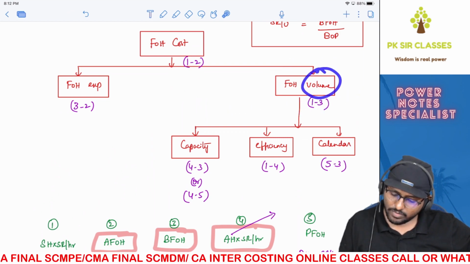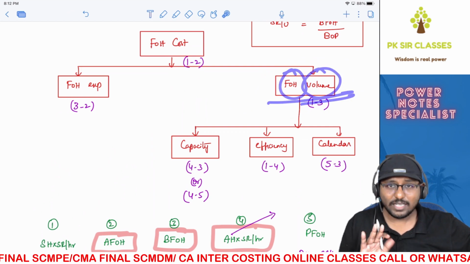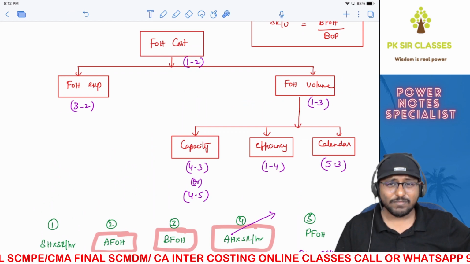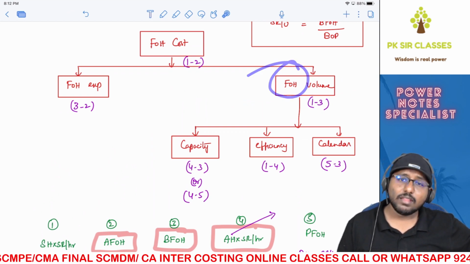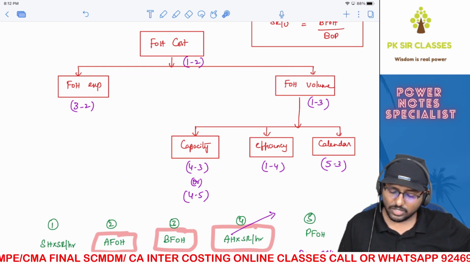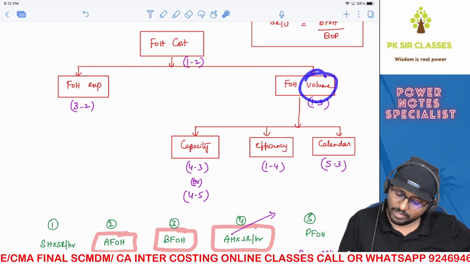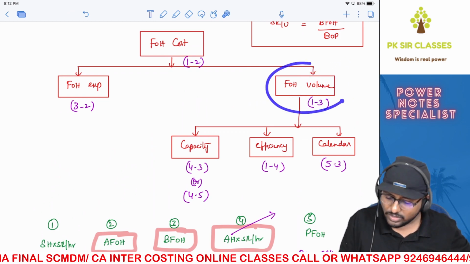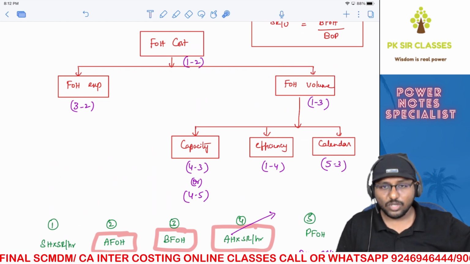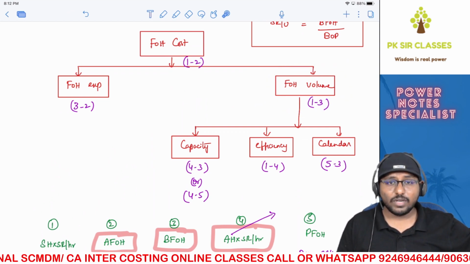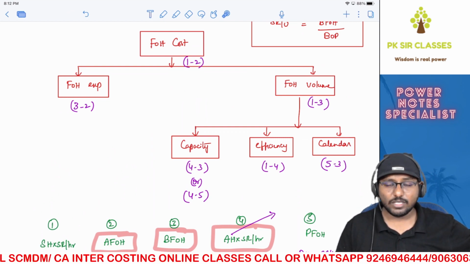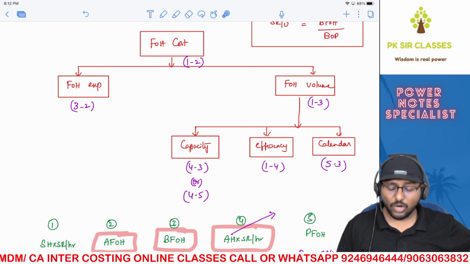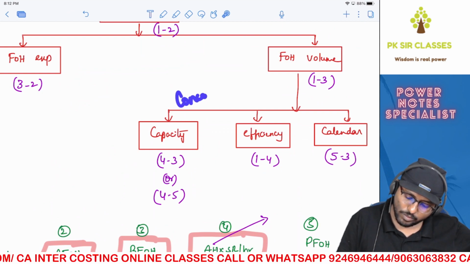What do you mean by fixed overhead volume variance? Because of change in volume, fixed overheads will change. That is the basic concept of fixed overhead volume variance. Immediately you should have got a doubt. See, the nature of fixed overheads is not that. Fixed overheads means what? That overheads or that cost which remains constant irrespective of the change in volume, which means even if the volume changes, your fixed cost remains constant. When that's the logic, the basic nature of fixed cost, where is the question of fixed overhead volume variance should have been your question. I don't know whether you guys have asked at your inter level, even at final level. I don't think you have asked. Every batch I face the same problem. Now the answer to your question is the concept of absorption.